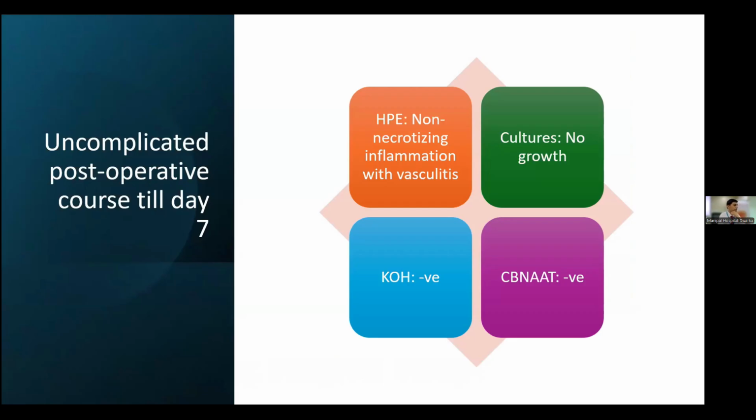Now, these are our cultures. The KOH this time came negative. Of course, he's been on IV antifungals for quite some time. The CBNAAT is negative. The cultures show nothing. And histopathology says necrotizing inflammation with vasculitis. Sir, how do you interpret this pathology? Also look at